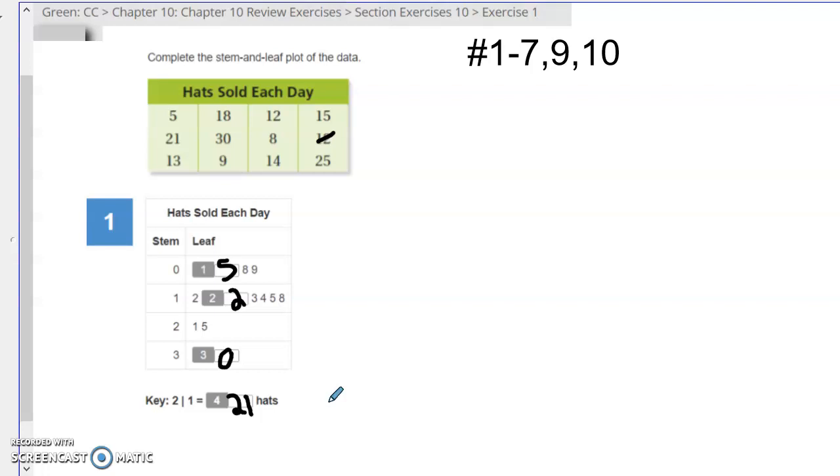And I'd obviously go on to question number 2, which is another stem and leaf plot question. So this homework assignment is going to take some effort because for some of the problems, you have to put the numbers in order from least to greatest. You have to go through the work of finding the mean, the median, the mode, the interquartile range, the range, all of that good stuff. But this is a good homework assignment to end up finishing the last part of this